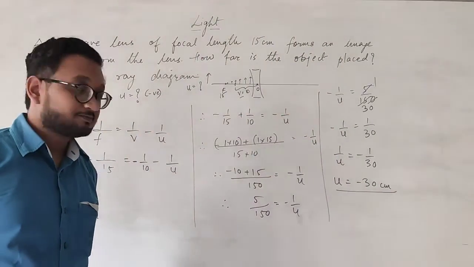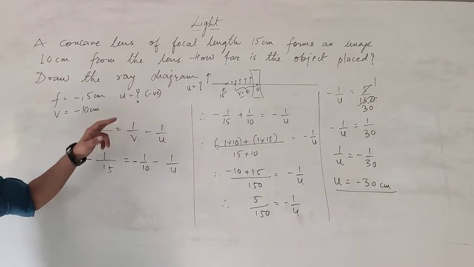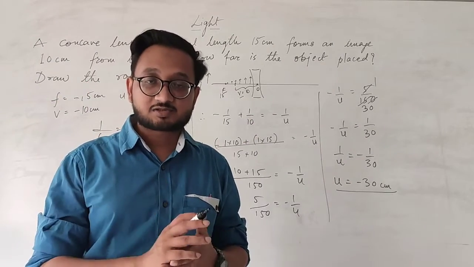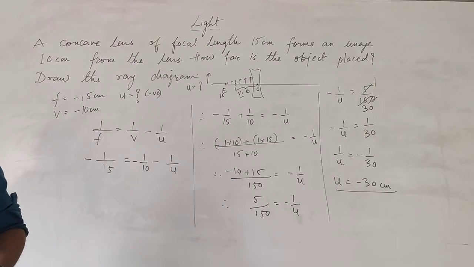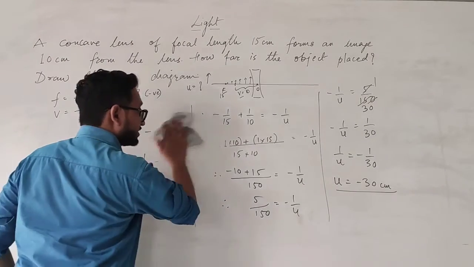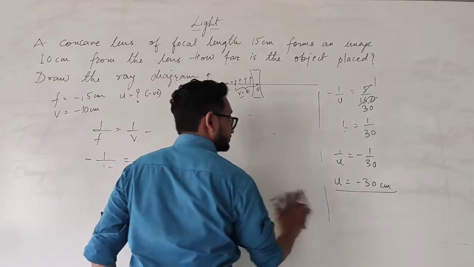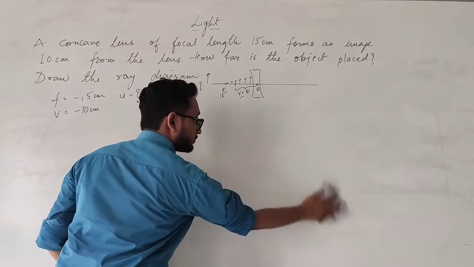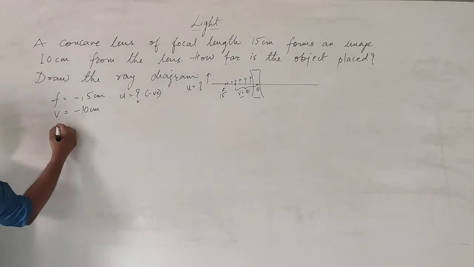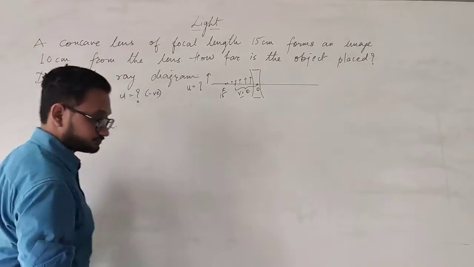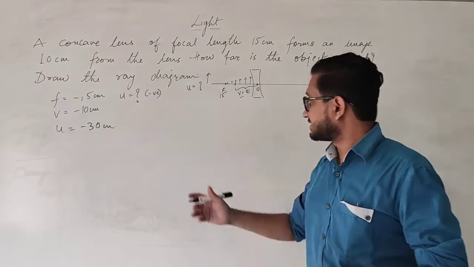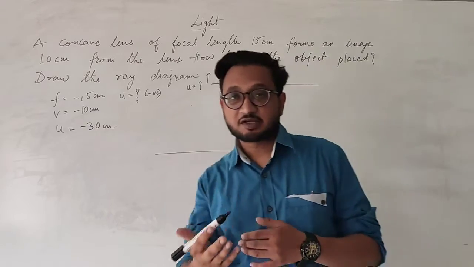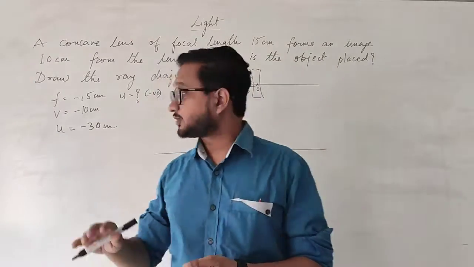Now that we are done with the numerical, let's begin the next part, that is, draw the ray diagram. Whatever rough diagram that we have drawn, you need to make it larger and much more neatly. So we'll get rid of all this numerical and then we can focus on the ray diagram. Now like I said, minus 30 centimeters is quite large for your notebook, so you can take half of the values, you can scale down everything that you have over here.